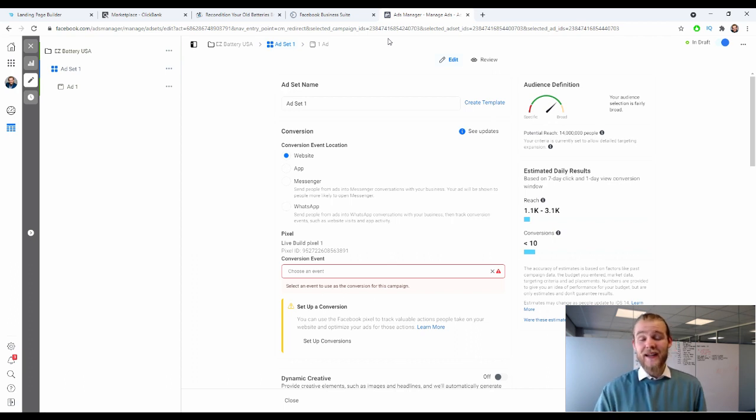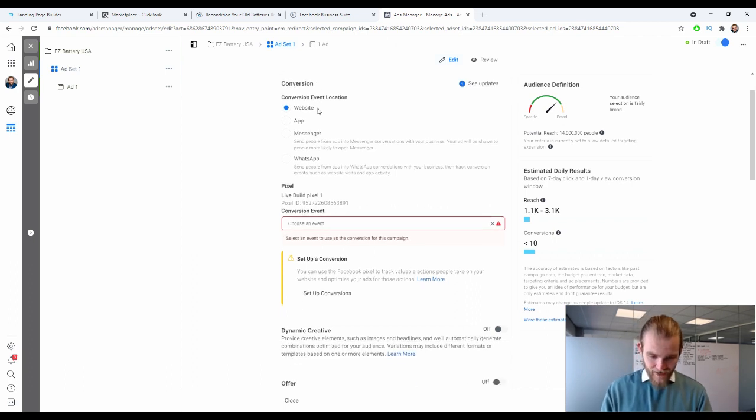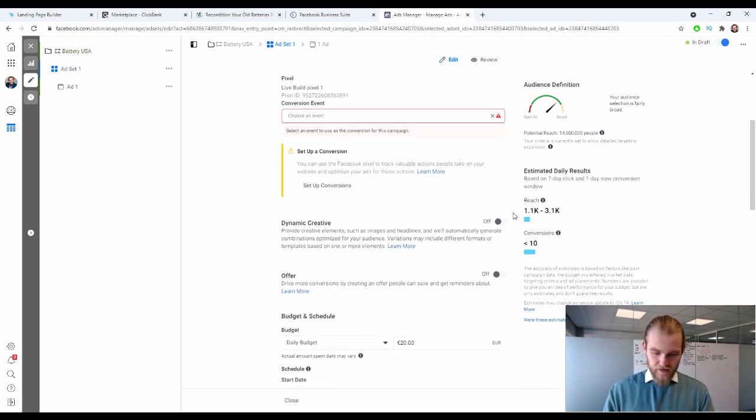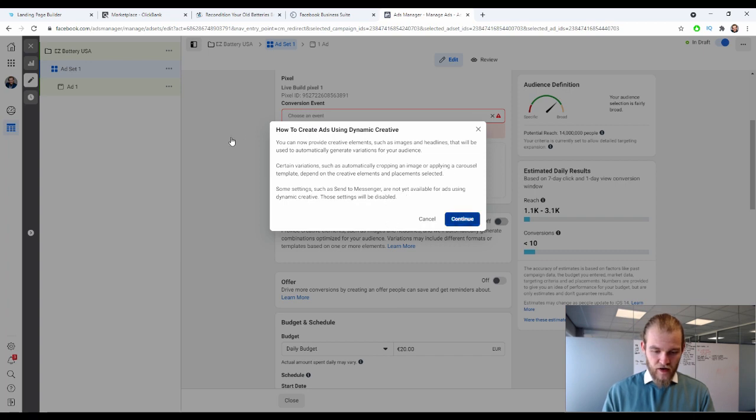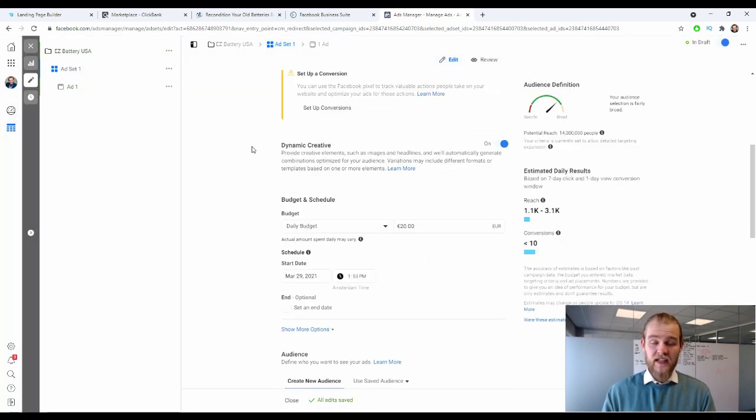You can always split test it by creating multiple ad sets. All right, so let's turn the dynamic creative on. What the dynamic creative does is it looks at the perfect combination of which headline is performing best, which image is performing best, which call to action is performing best, which description is performing best. So it will take out all the best performing elements of your campaign and put them together for the optimal